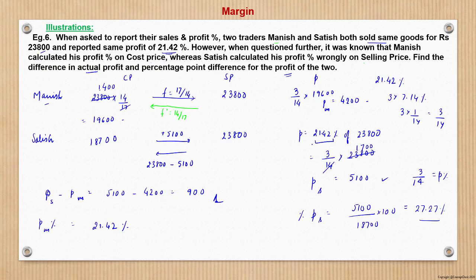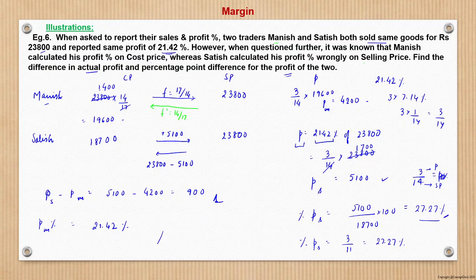So basically see here, the profit amount he knew correctly. The only thing he did wrong was calculation of the profit percentage. He calculated as a percentage of 23,800. So this 3 by 14 essentially represents 14 as SP and 3 as profit. To calculate the correct profit percentage, it will be 3 by 11 if 14 is SP, so CP will be 11, right? So 3 by 11 is nothing but 1 by 11 is 9.09, so 3 by 11 is 27.27. So this way also we can calculate this profit, same as what we got here.